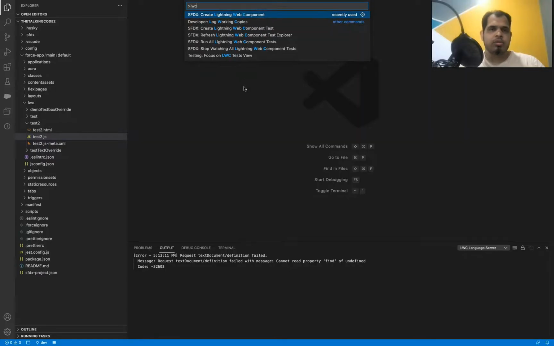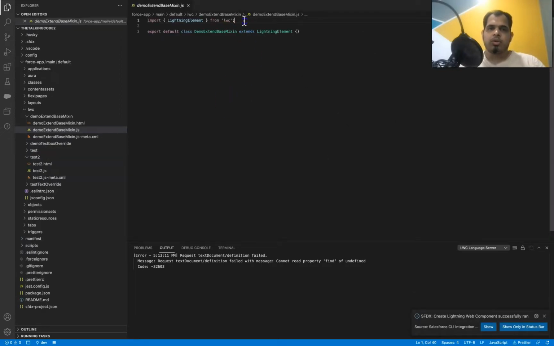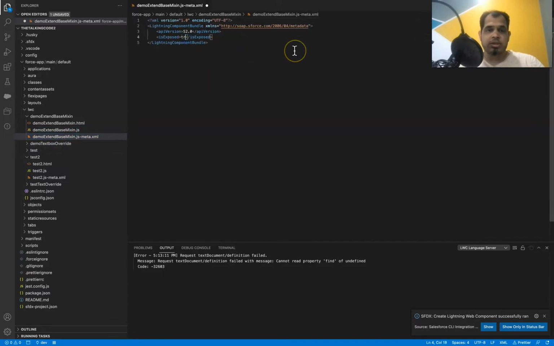Okay, so I will call it demo extend base mixin. Okay, so again, if you remember from the previous step, there is one mandatory step to do, and that is to change isExposed to true and set the runtime namespace.